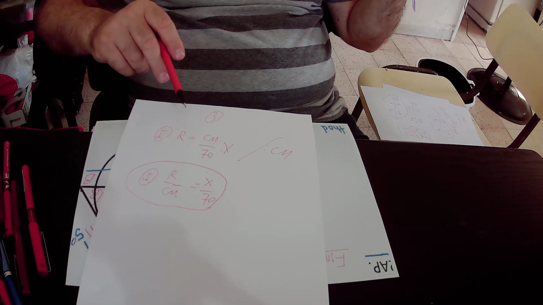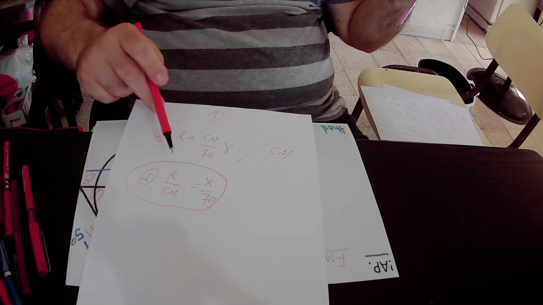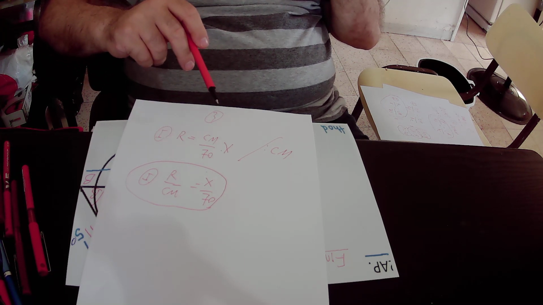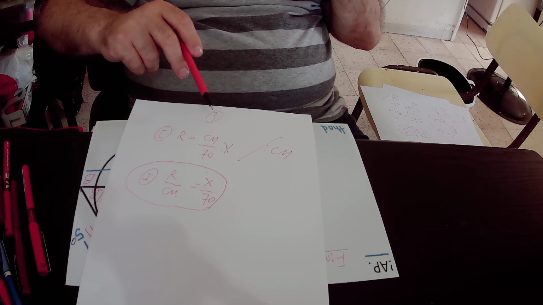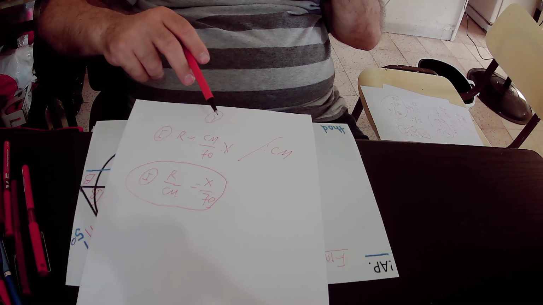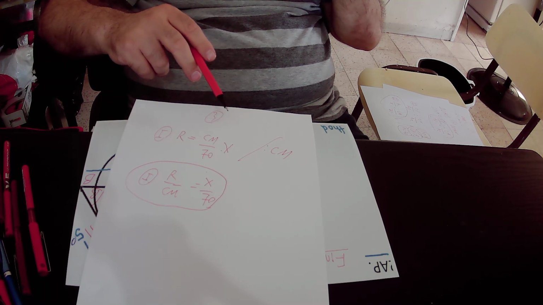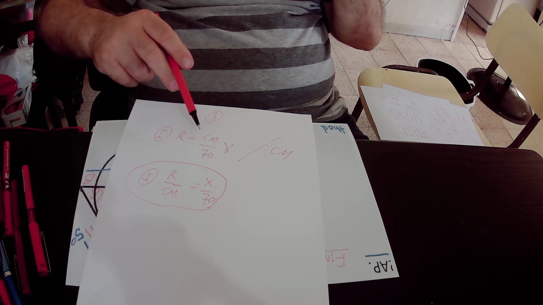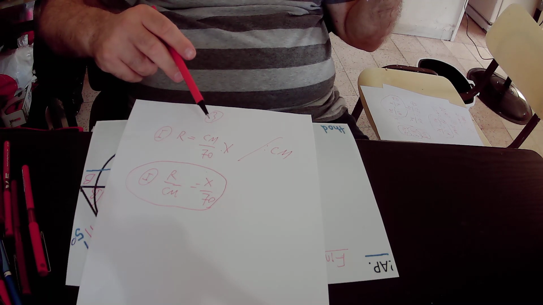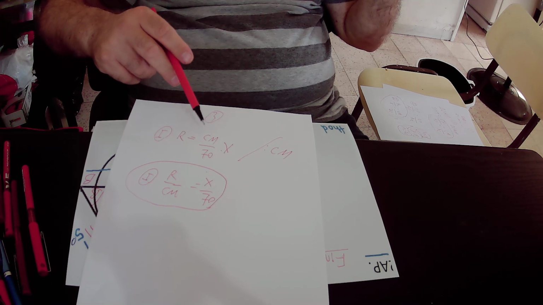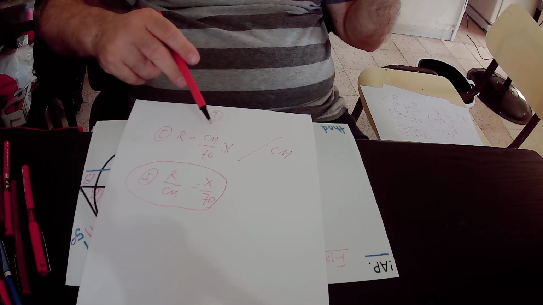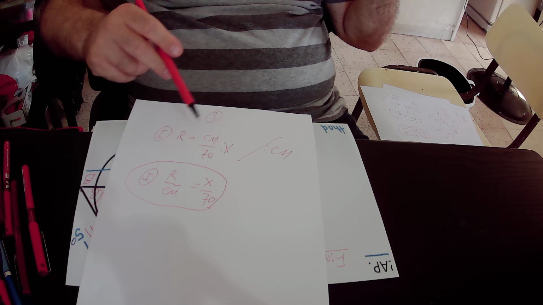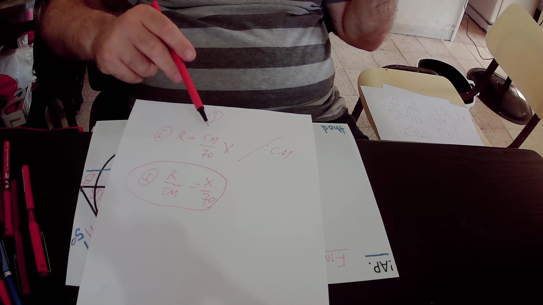So R divided by CM equals R over CM, and CM over 70 times x divided by CM is actually CM divided by CM times x over 70. So CM is cancelled